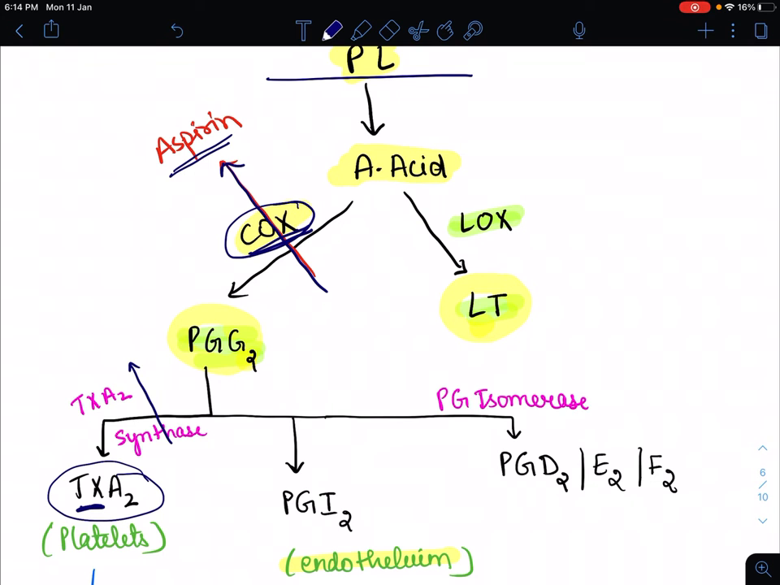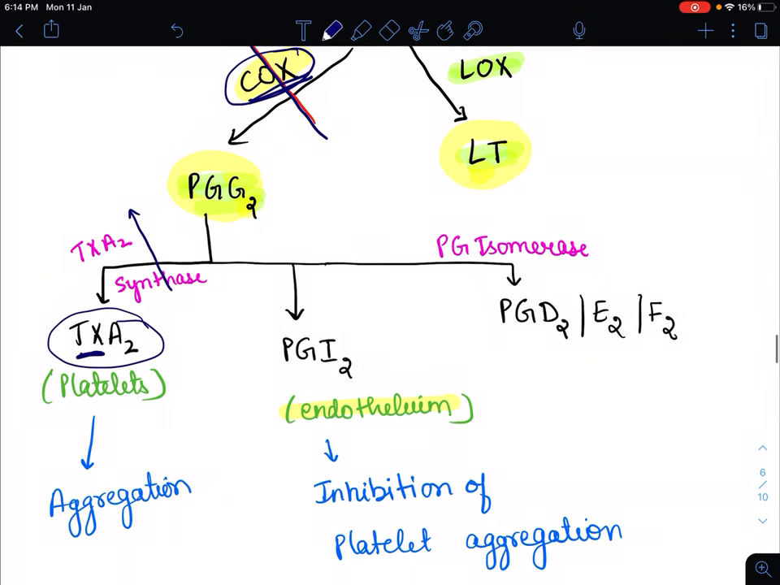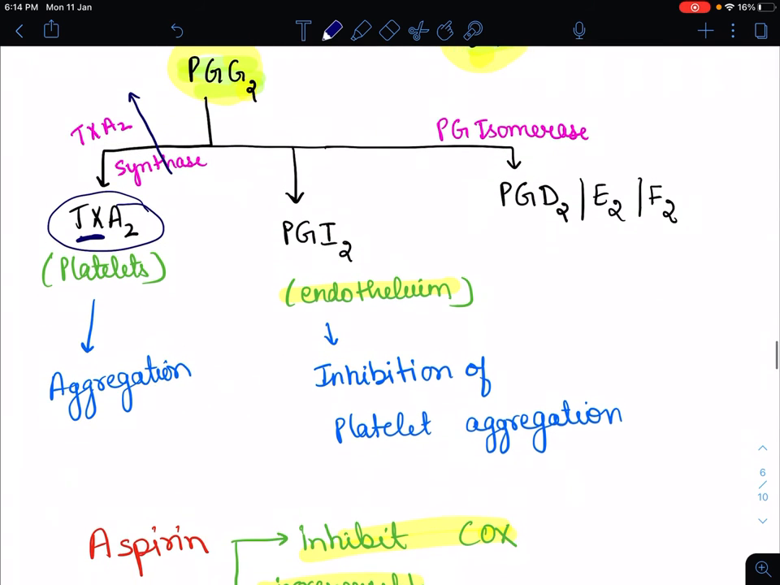So our first drug is a COX inhibitor, like a thromboxane A2 inhibitor. Aspirin. Aspirin is an irreversible COX inhibitor. So this is the pathway. And one more thing we have to learn: thromboxane A2 is formed by platelets and prostacyclin is formed by